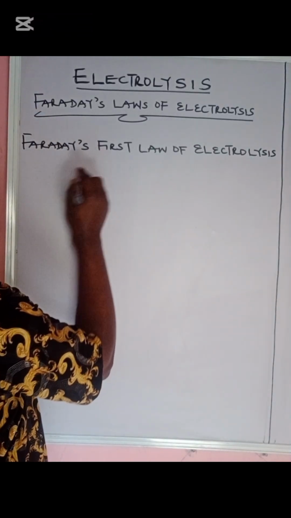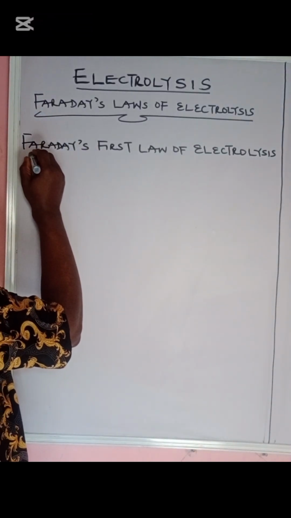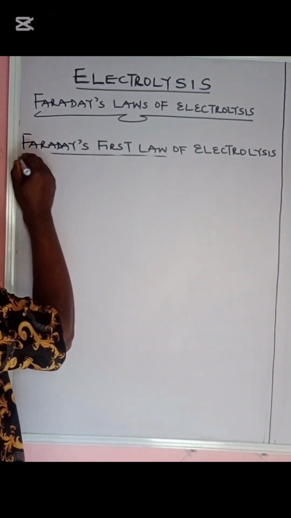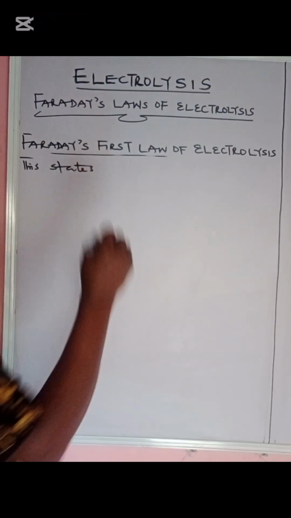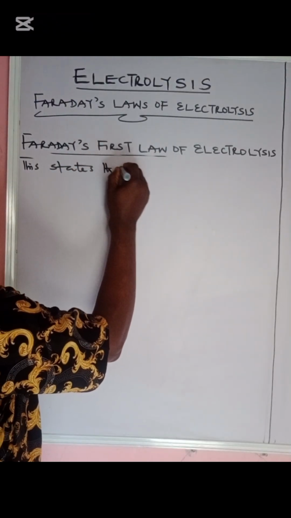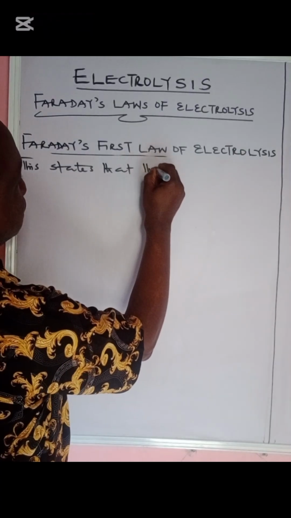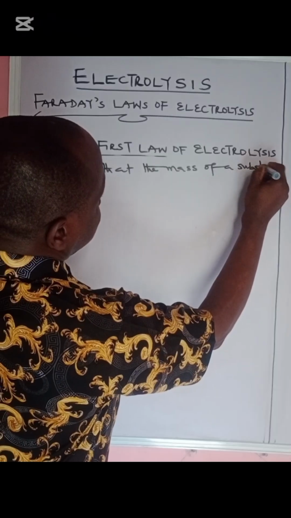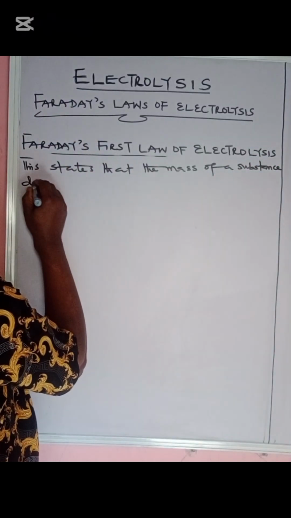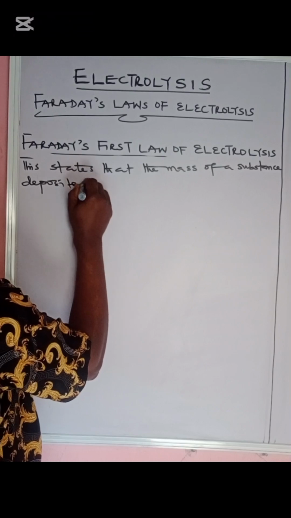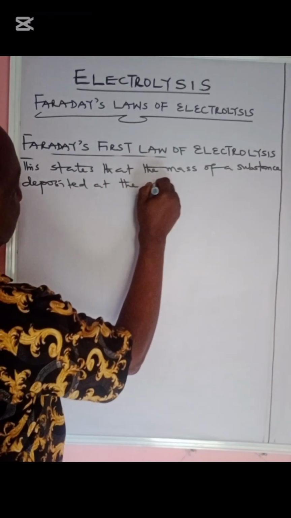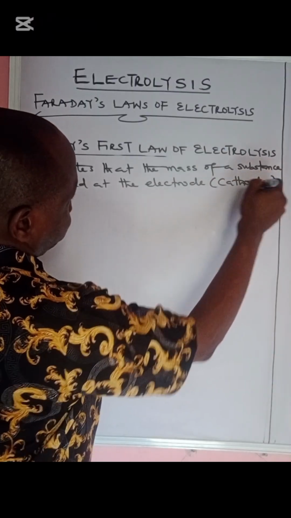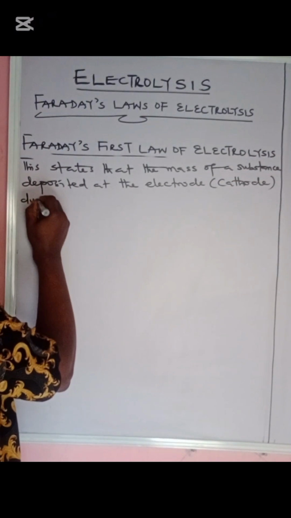In the first one, this states that the mass of a substance deposited at the electrode, usually the cathode, during electrolysis